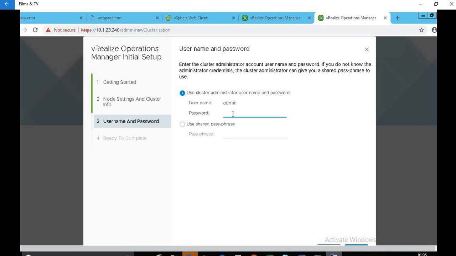And why do we have to do this? See, there might be a case when someone else, like a non-admin user, might be deploying and configuring this node for you, and you will not want to share your admin password. This is where your passphrase works. A passphrase is just like a temporary password that you can set by using the admin UI. In this instance, we'll just use the password of the admin account